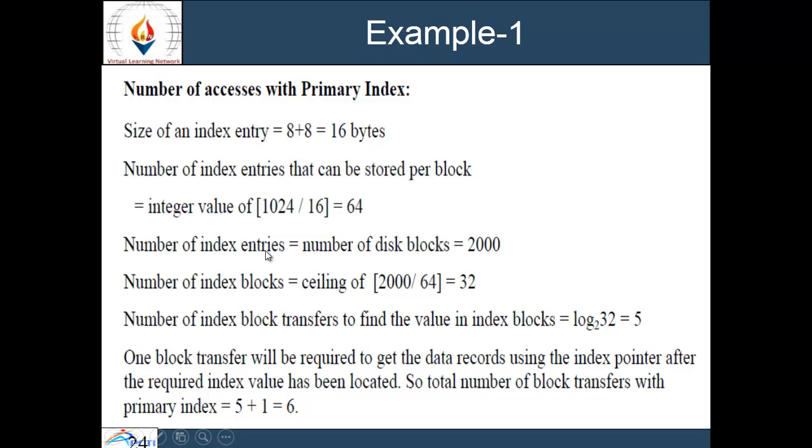The number of index entries is 2000, equal to the number of disk blocks, so the number of index blocks is the ceiling of 2000 divided by 64, which is 32. The number of index block transfers to find the value in the index block is log2 32, which is equal to 5.